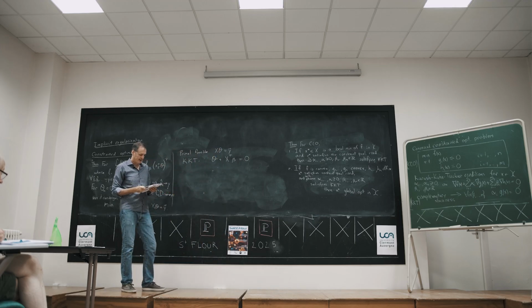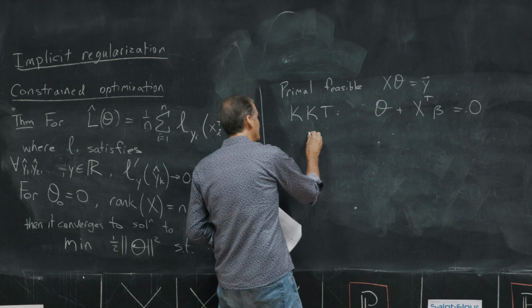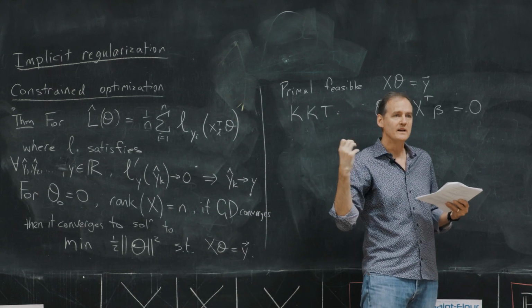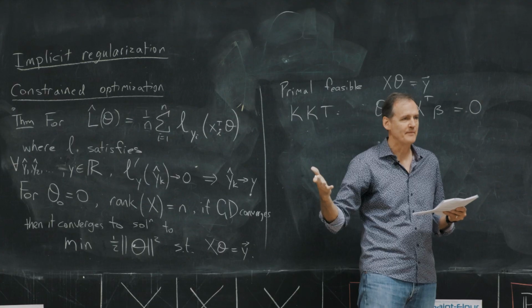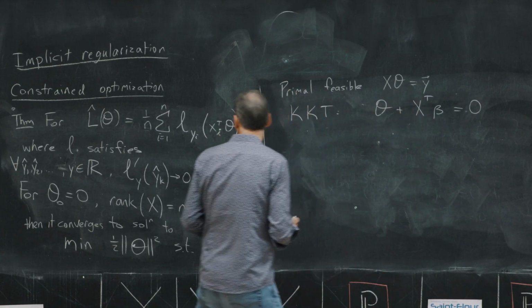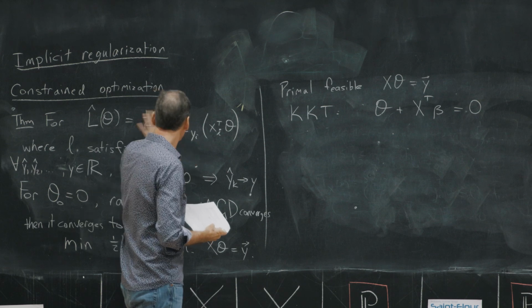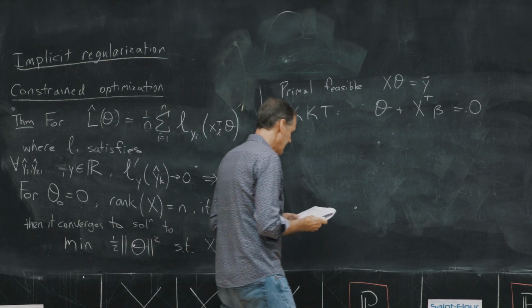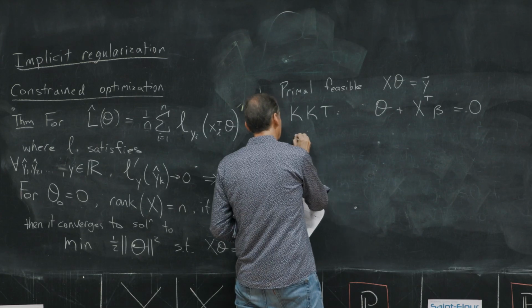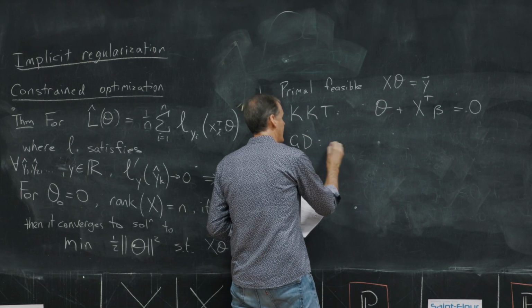All right, so those are our KKT conditions. Theta needs to be negative x transpose beta. And you remember gradient descent was theta t equals theta t minus 1 minus a step size times the gradient of the empirical risk. So we can write the gradient descent update